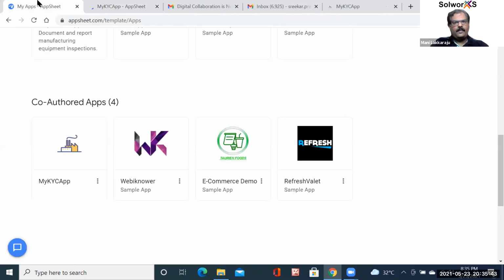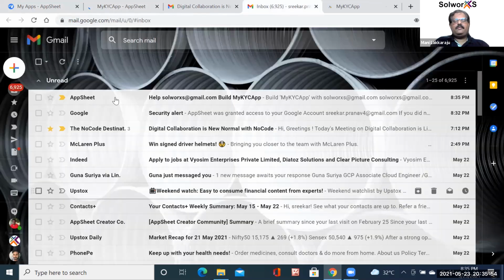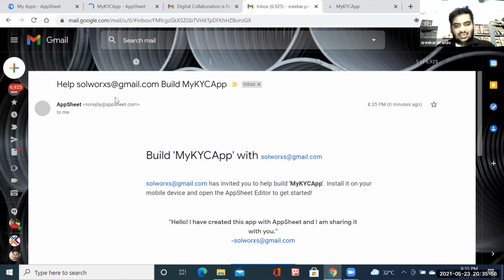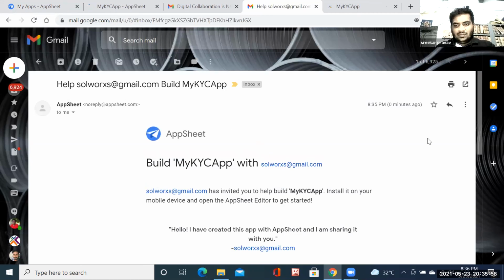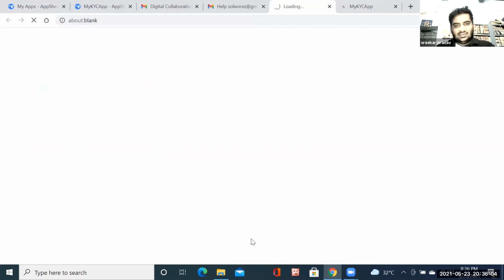Yeah. So this is how I receive the application. I will go to the other app, so I'll just open it up. Can you check in your email and start from there? So this is how I receive a mail. So the server email is to develop this application. So when you click on this edit my KYC, it will directly open to the AppSheet website, and you can directly